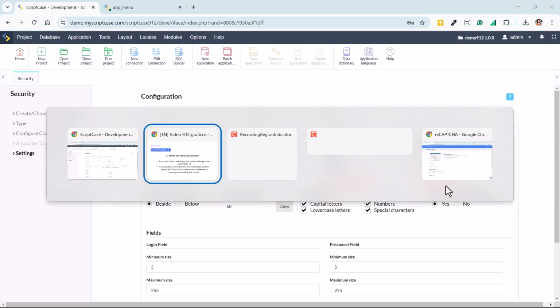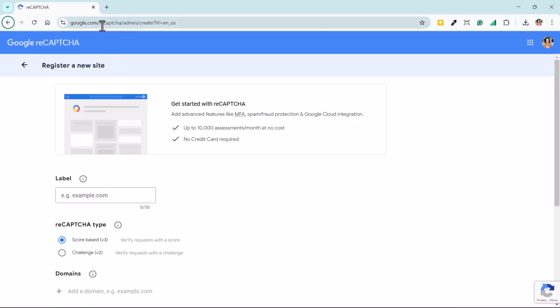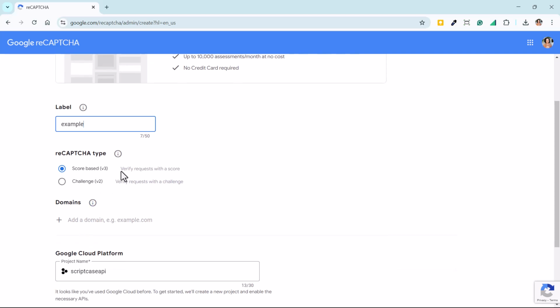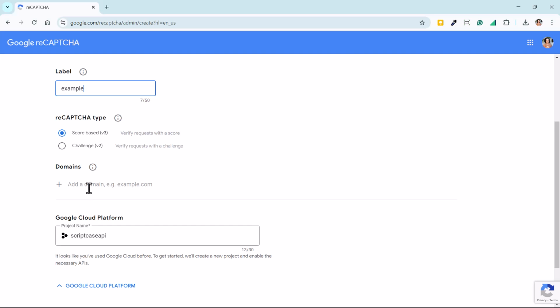I have here this page, reCAPTCHA, inside the Google Developers Tool, and you're going to give a name to your project. Then you choose here the reCAPTCHA type, score-based or challenge, v2 or v3. In this case, I'm choosing v3. Domains, I'm going to add here the domains for my website.